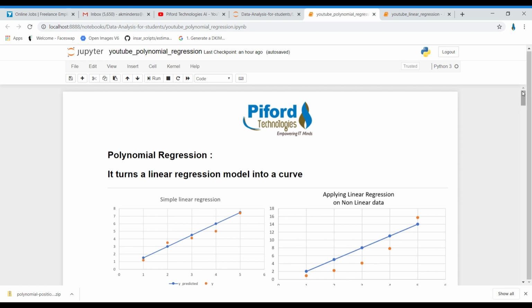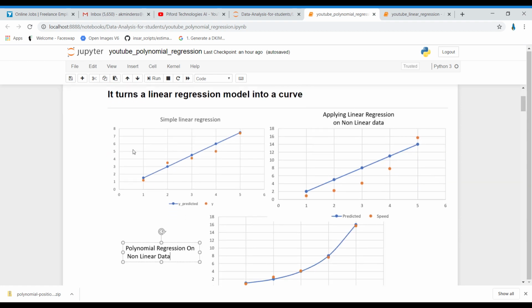For that, just see this picture first of all. This first graph: this is the x-axis, this is the y-axis, and the orange points are the actual data points of our dataset, right? And the blue points in the blue line are the predicted output of our algorithm, right? Suppose on this data, orange points are actual points, and when we fitted our linear regression algorithm, it will always fit a straight line, and this is how it looks. So over here orange is actual data and blue is predicted data.